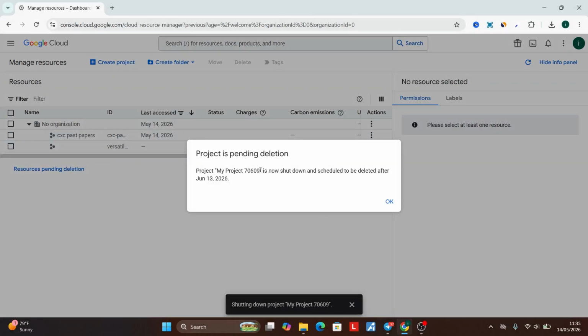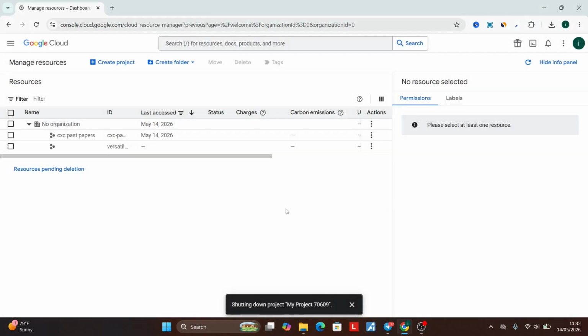And then it says here, project is pending deletion. Project, this one, which the name is now shut down and is scheduled to be deleted after this, which is June 13, 2026. So that's how you can delete a project in the